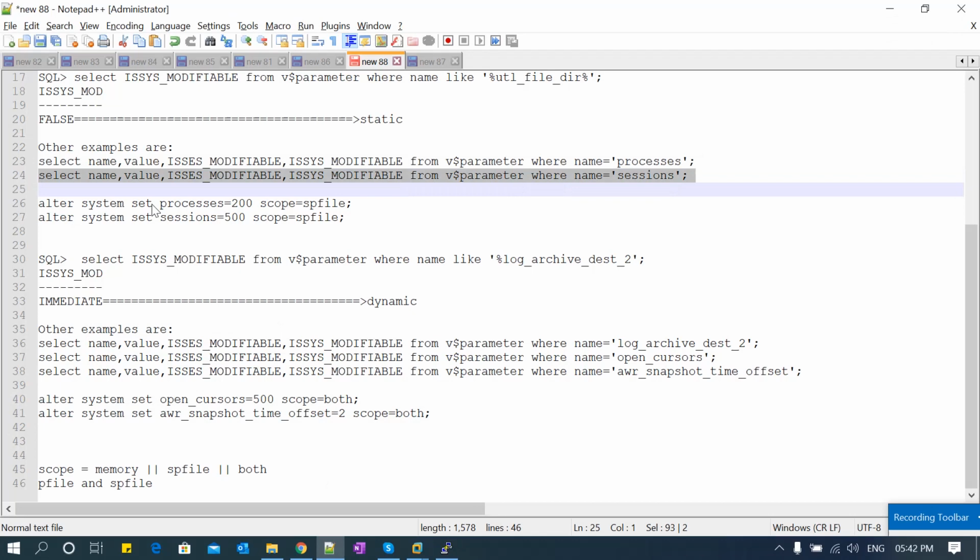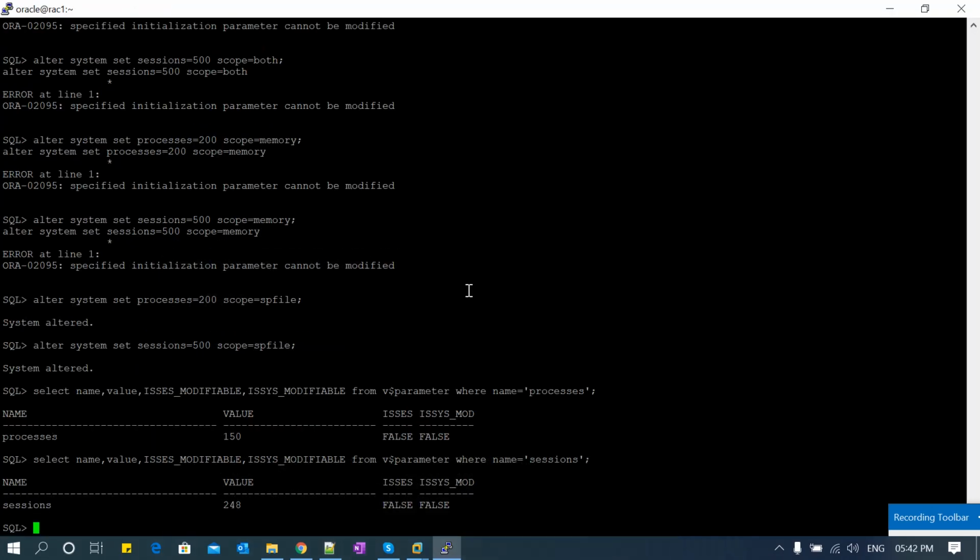Now I will check the other parameter. See, still it is 248. I made it 500, but still not in effect. So this is a static parameter, it needs the system bounce, which means it needs the database reboot. I'm shutting it down.